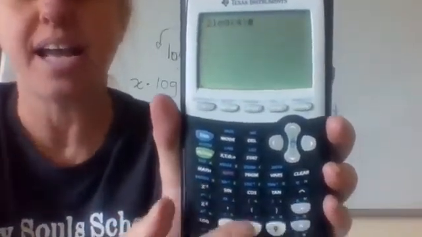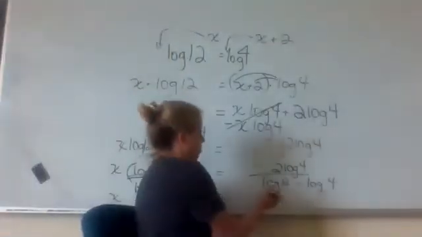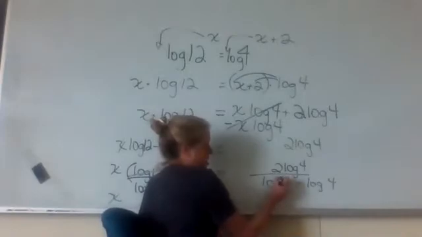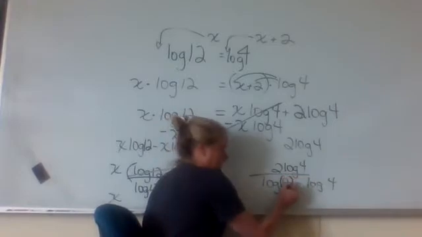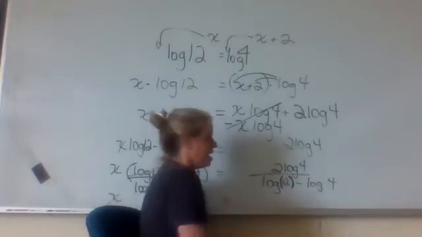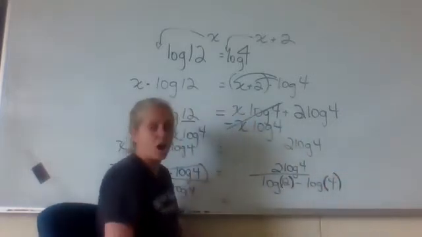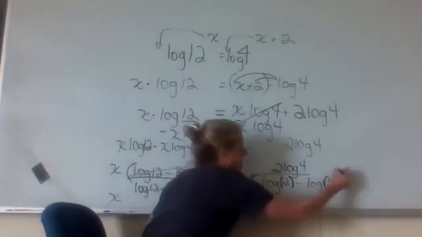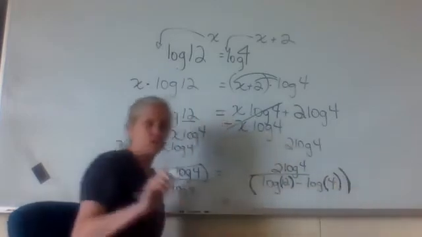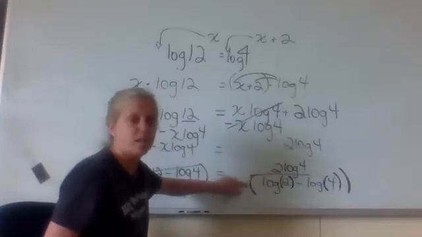Then divided by. Now, on this side, remember, when it gives me this log here, it's going to give me an open parenthesis that I'm going to have to close behind the 12. It's also going to give me an open parenthesis in front of the 4, which I'm going to have to close behind the 4. Now, I'm also wanting to tell my denominator to keep all this together as one denominator. So that's the trick to this. Before I start typing, I'm going to need to put in a parenthesis here,